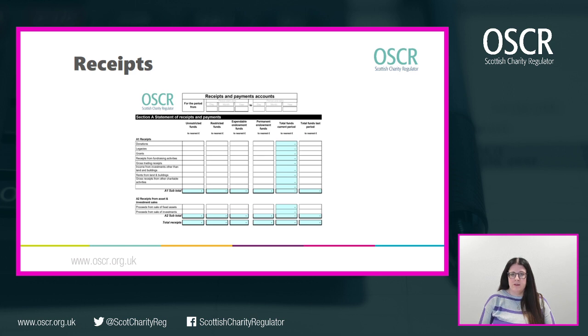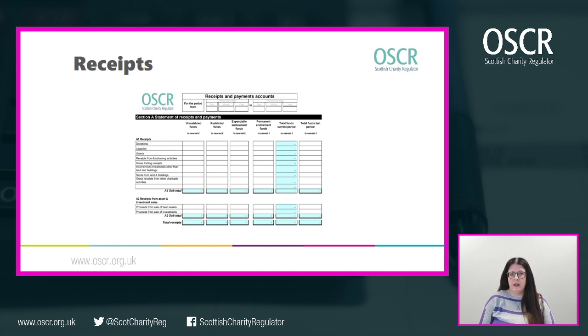You'll also see, as I referred to earlier, there are different columns on the receipts and payments account, and this enables you to split down your unrestricted, your restricted, and any endowment funds that you hold. Endowment funds can be expendable, that means you're able to spend the money in certain situations, and they can be permanent. A permanent endowment fund is where you can spend the income potentially from that fund, but you cannot spend the capital. The capital could be an asset, such as an investment asset, which is held by the charity to